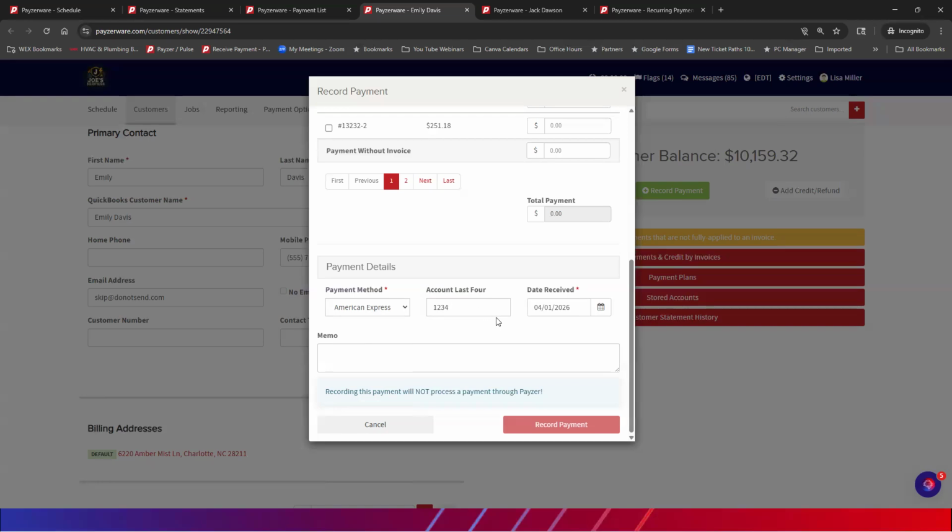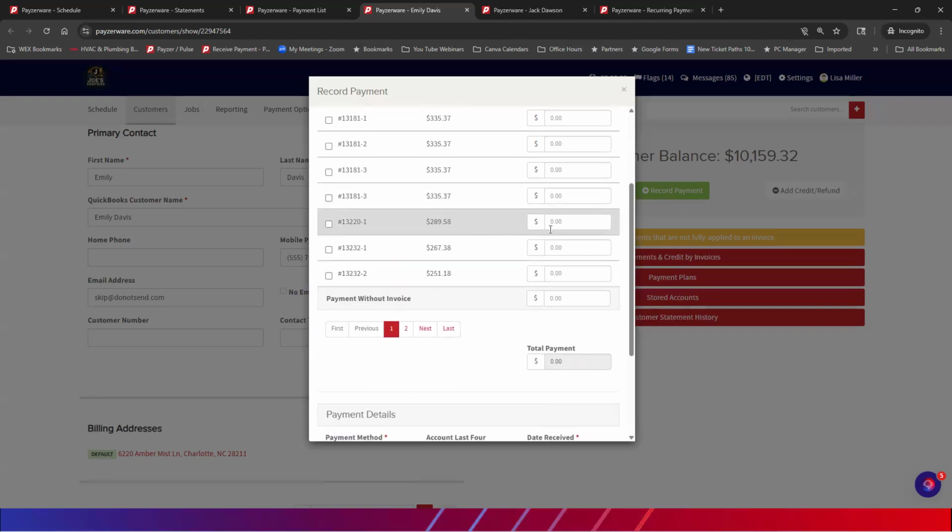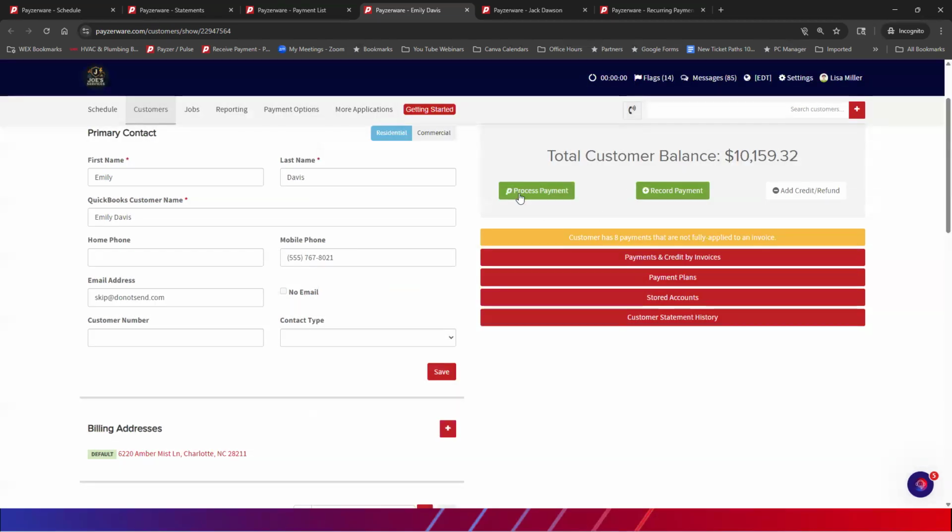And a lot of times techs might get confused between process and record. So we just wanted to make sure that they are well aware that when they add four numbers, you can't process. And this is a recorded payment that you are making outside of the system that you need to just point towards an invoice to satisfy that invoice. Now, process payment